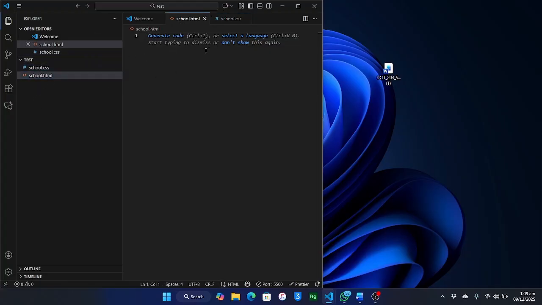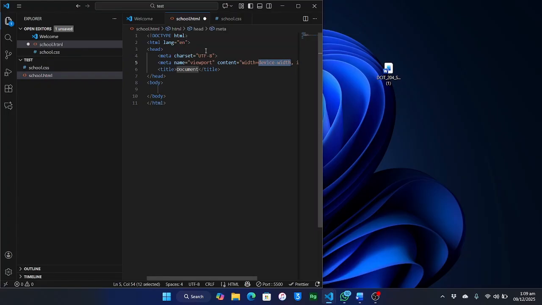So HTML, let's just use the normal tag for it. Okay, HTML, lang English. So this one actually shows that it's an HTML document, and this is set to English. This one makes us use certain codes and certain tags. So UTF-8 is a general one we use for the HTML section. So yeah, that's it. For our document, we just use the title, the name of the school. So the name I'm giving to this school is New Star